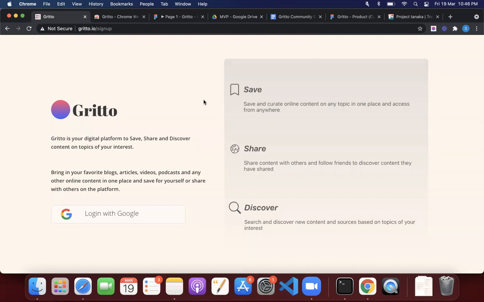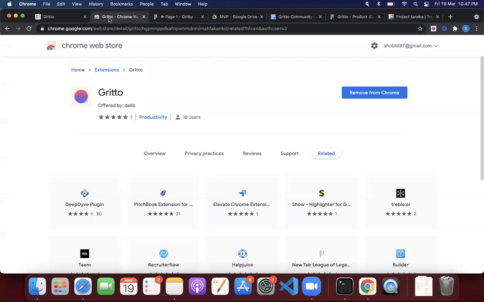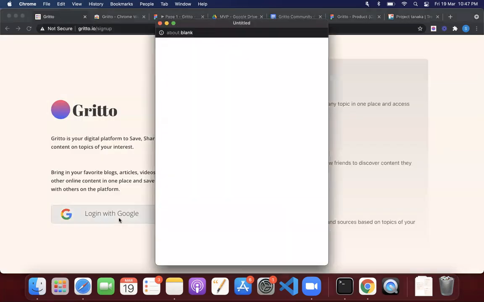Currently, on Gritto, users can create an account using their Google account. In the future, they can even do it with an SSO account or a simple email. The first time a user creates an account on Gritto, they are prompted to download and install our Chrome plugin from the Chrome web store as shown here. Once they've successfully installed it and pinned it and finally successfully logged in with their account, they are good to go. Let me show you a quick demo using an account that I have already created.